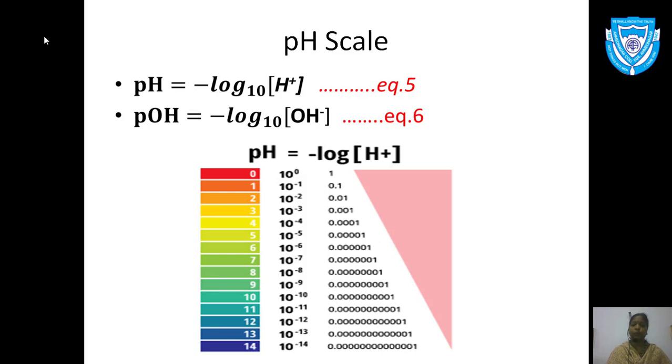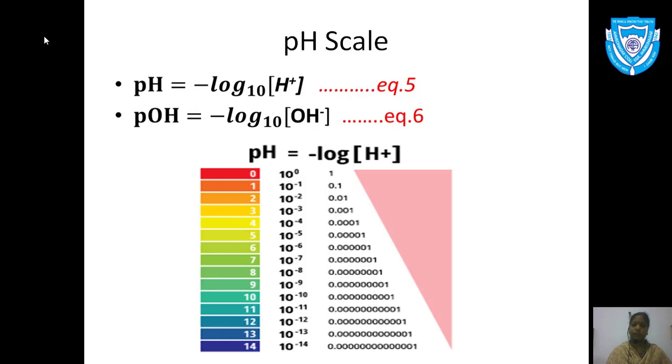Let's check here. So pH is equal to minus log of H plus ion concentration. First, if the concentration of H plus ion is 1, meaning 1 molar, then convert this to the power of 10. 1 converted to the power of 10 becomes 10 raised to 0. So instead of 1 we are writing it in terms of the power of 10, that is, H plus ion concentration is 10 raised to 0. Now taking the minus log of 10 raised to 0 is nothing but 0. So the power of that number will be the pH.